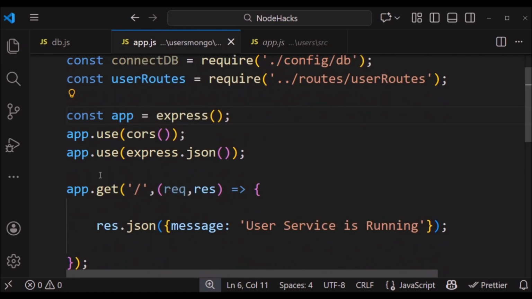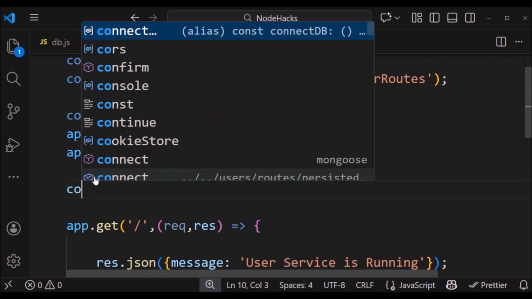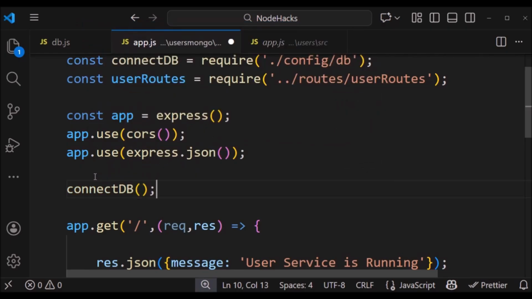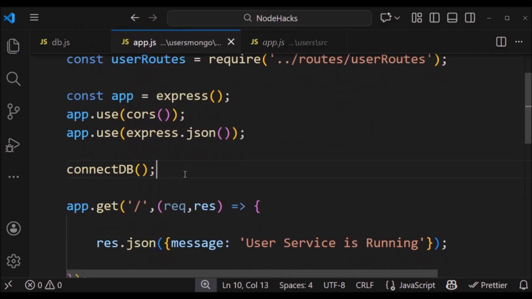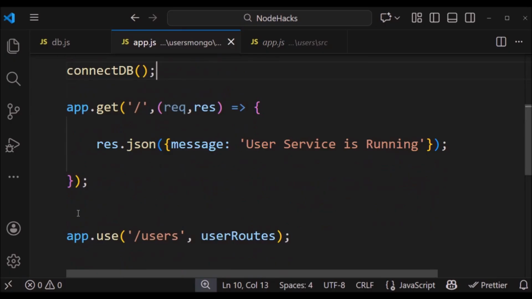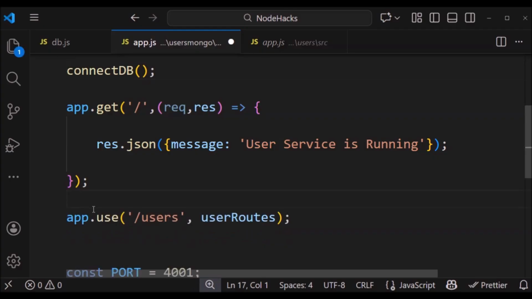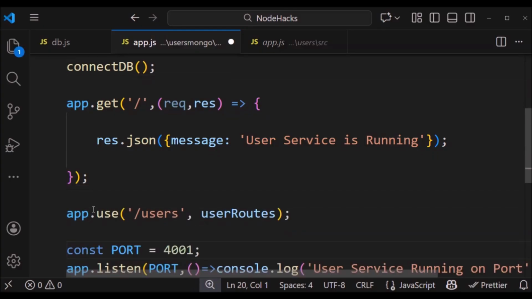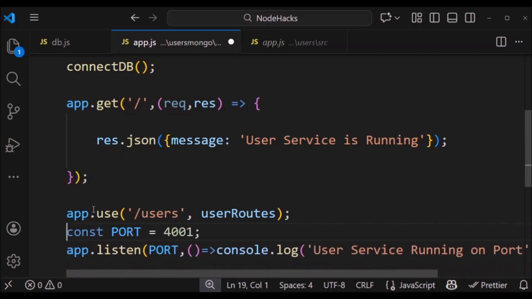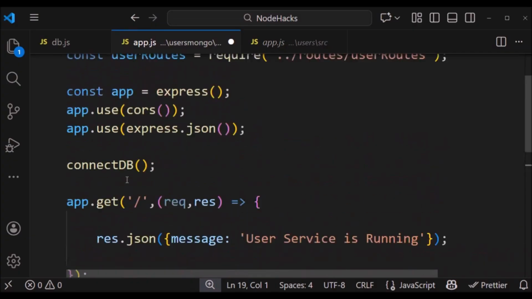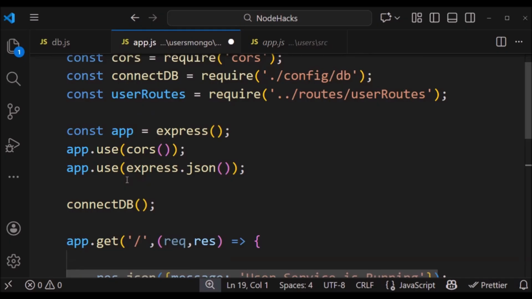Next, I will call the connectDB function to establish the MongoDB connection. If MongoDB starts successfully, we will see the MongoDB connected message, and if it fails, the server will exit with an error. And that's it. The rest of the things in the app.js file do not need to be changed.